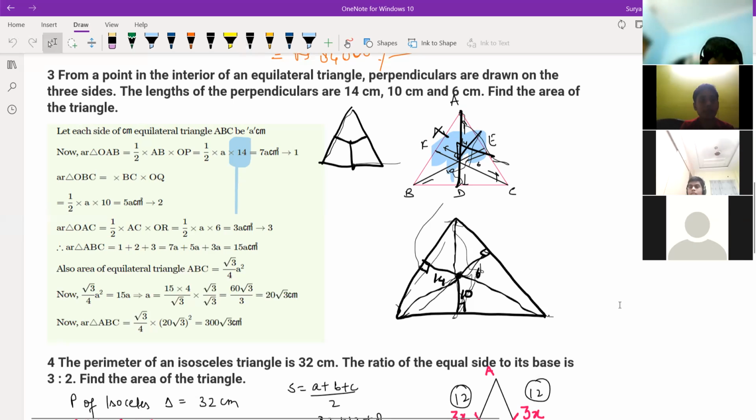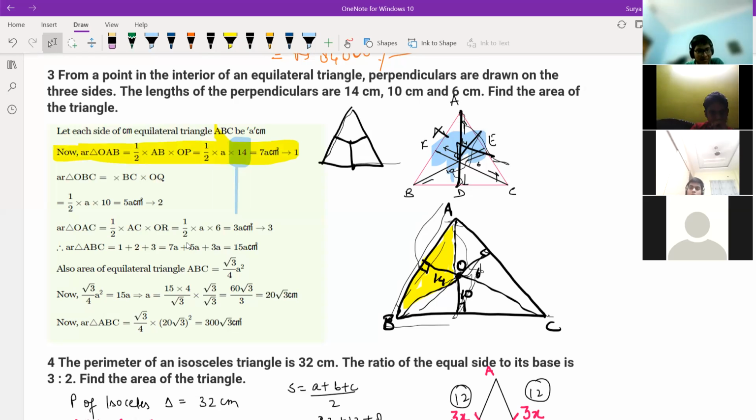What did we assume the base to be? Suppose OAB is there, not the AB. Suppose this is A, this one is B, this one is C. So BC will be the base. No, see the triangle, Sairatvik. The middle is O. First we are taking which triangle? See here, I'm drawing with 3 different colors. This is the first triangle, OAB. Okay, so this is the OAB part. Understood?